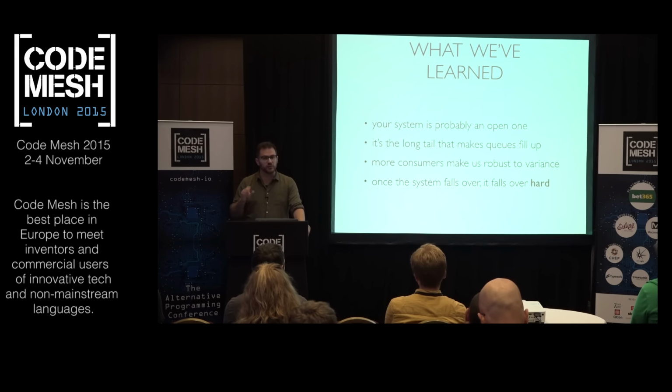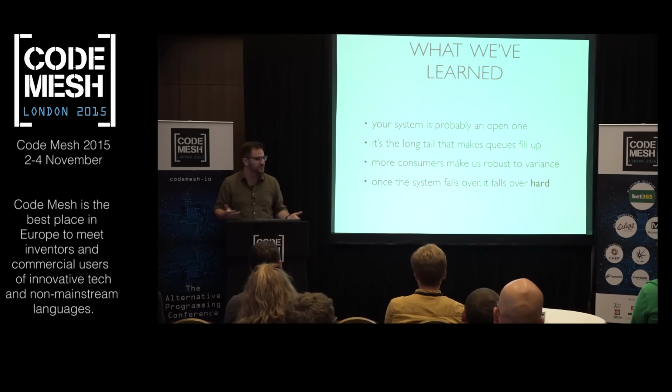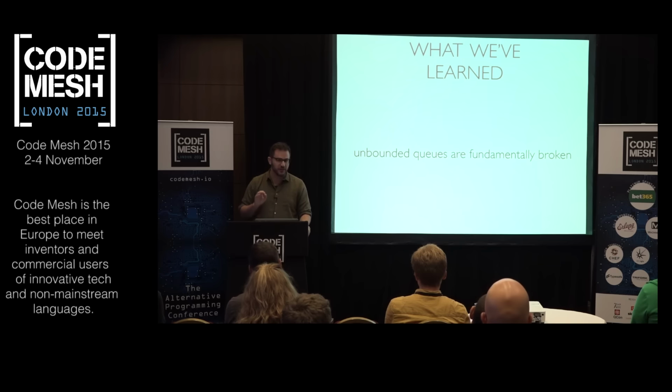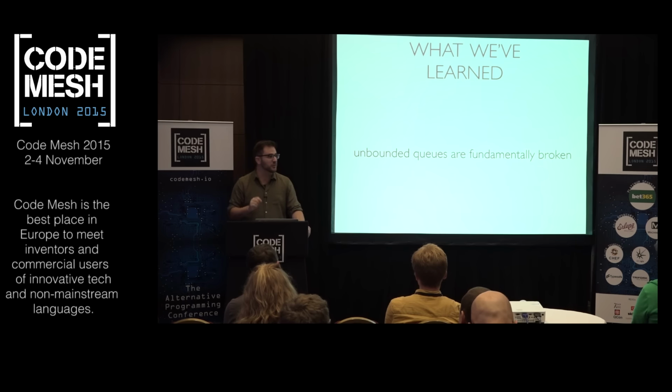And more consumers will make us robust to these sorts of outliers. But in either case, when it falls over, it falls over hard, right? Because there really is no substitute for just being able to keep up. And so the one thing that we have learned from this, and if you take nothing else away from this talk, take away this. It's that unbounded queues are fundamentally broken because they put the correctness of your system in